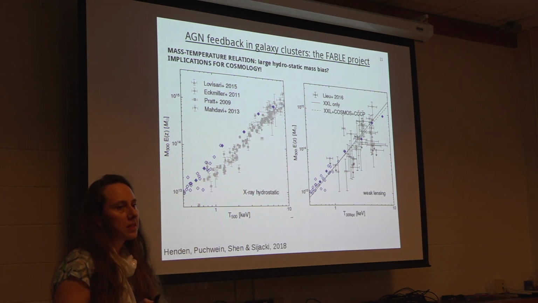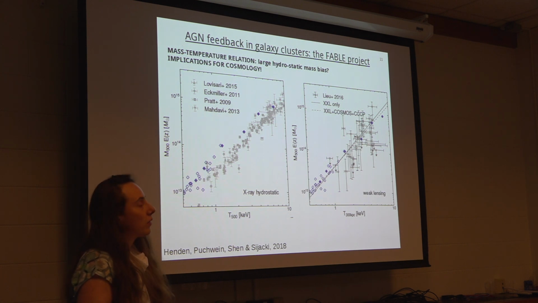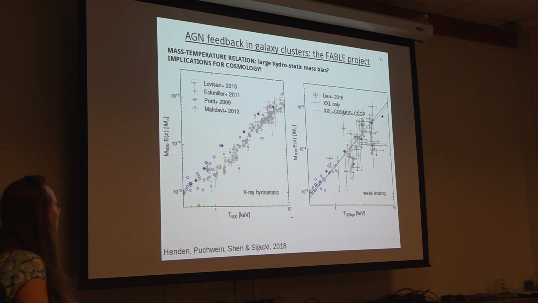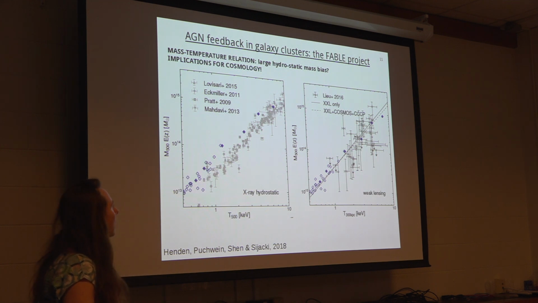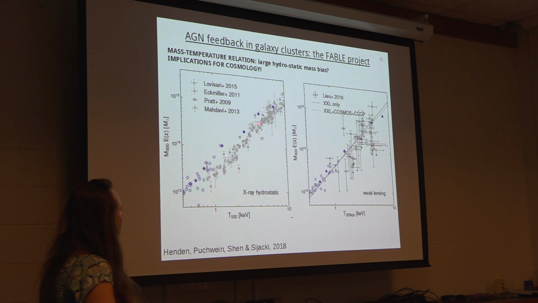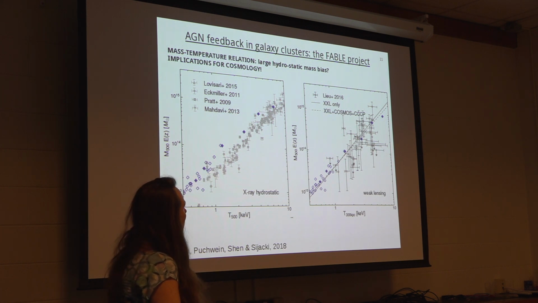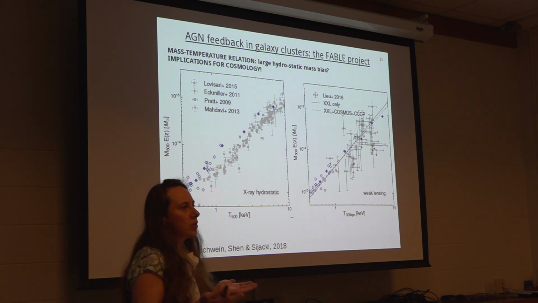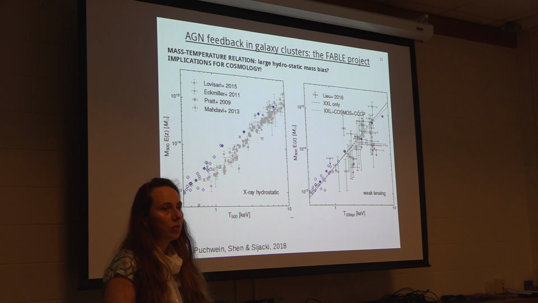I want to highlight two systematics here. One is that we can now compare our simulated sample of clusters against the observations. Here I'm showing you M500, the mass within R500, versus T500, the temperature in kiloelectronvolts, against two types of data. These are the data from X-rays, and these are the data taken from weak lensing. You can see in one case we agree with the data, in the other case we don't. And obviously the simulation is always the same, and this is hinting toward a problem that has been known in the community for